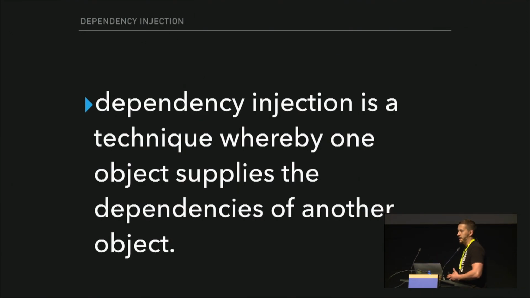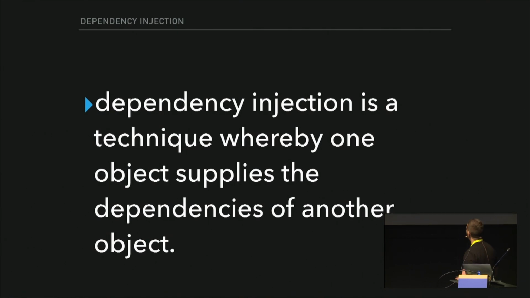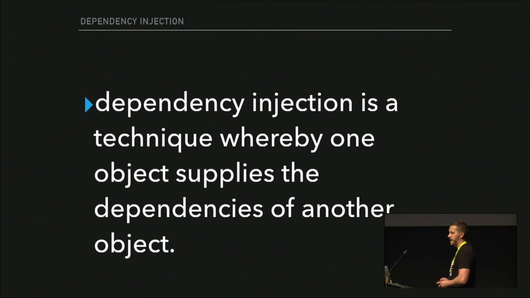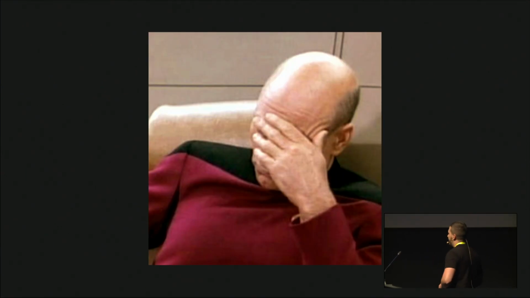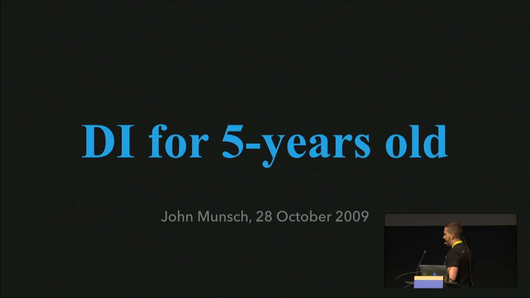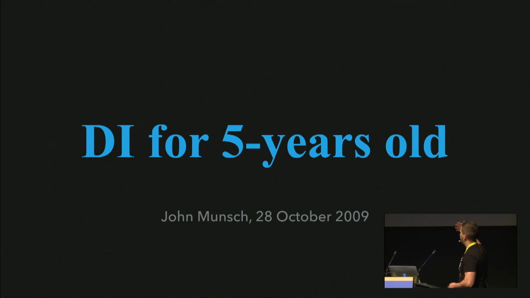My favorite part about any pattern, especially for those who read the Gang of Four book, is their description, because it makes a lot of sense to me each time I read it. Dependency injection is a technique whereby one object supplies the dependencies of another object. Imagine yourself a trainee or junior developer who reads the patterns and then tries to understand them. Will it help you a lot? Not really, I suppose.